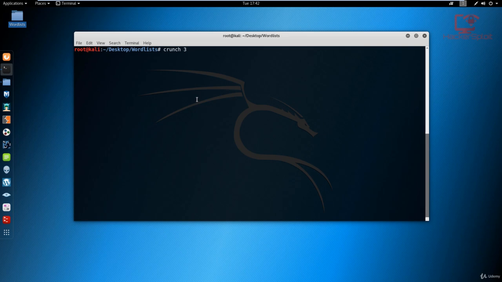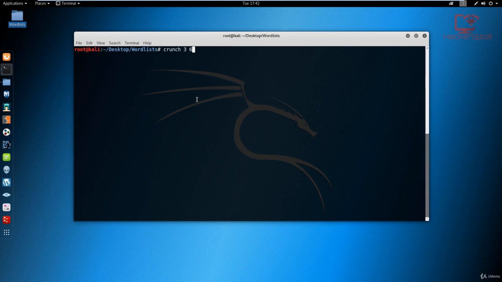So I'll specify the minimum of 3 and a maximum of 6. This is usually about a good range to work with, especially when you're trying to crack services like SSH, your telnet port, etc. Now, I would not specify any character set. That's because I wanted to use the entire character set, and therefore it becomes even more powerful because the amount of combinations has increased, and therefore there is a higher chance of you actually getting the password that